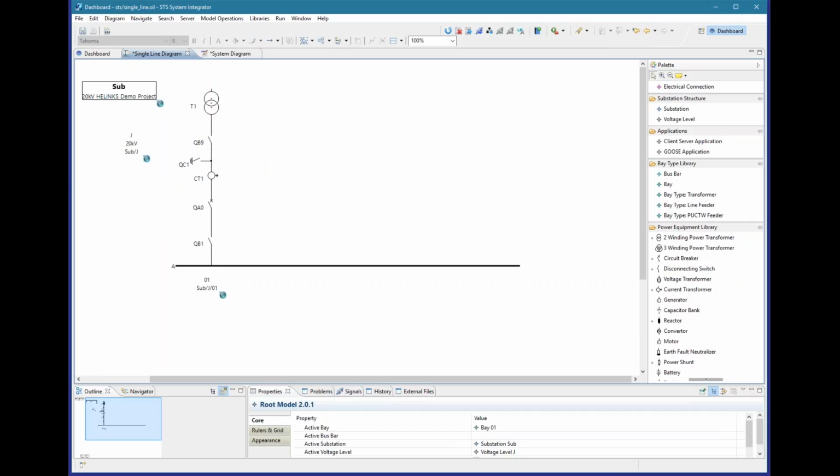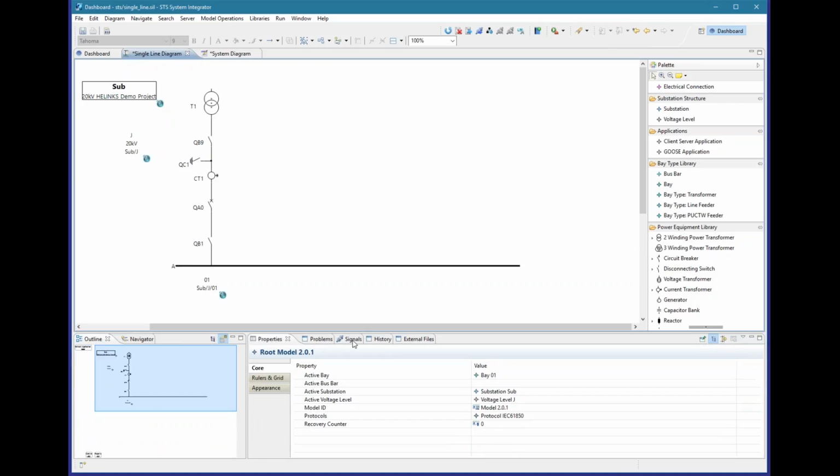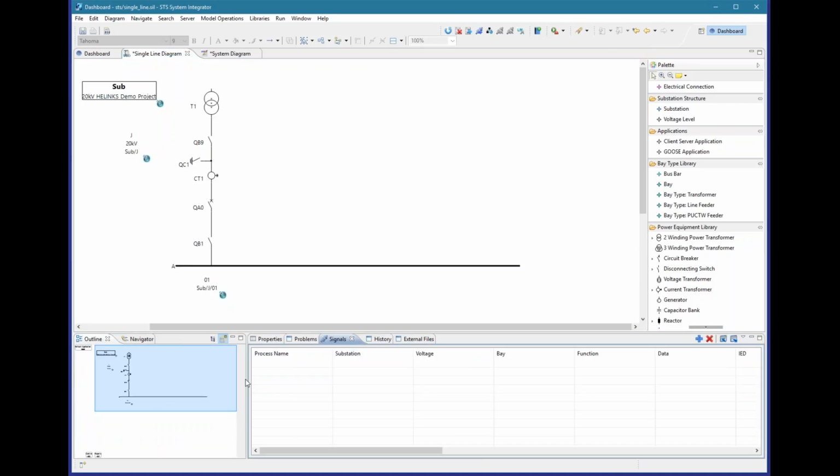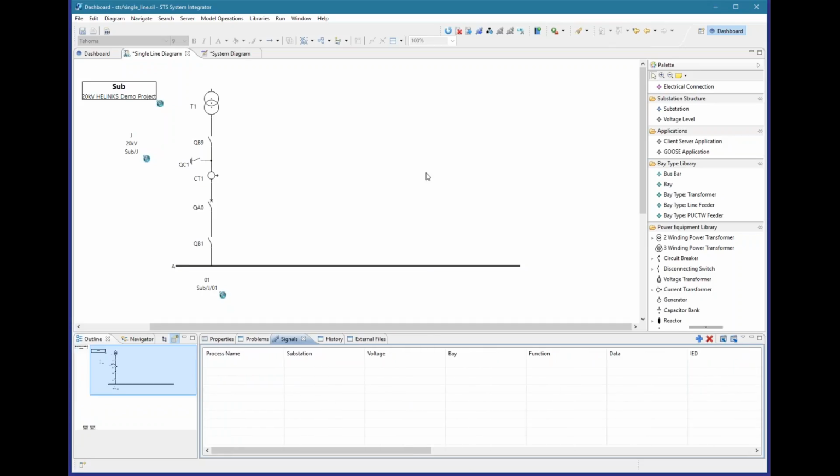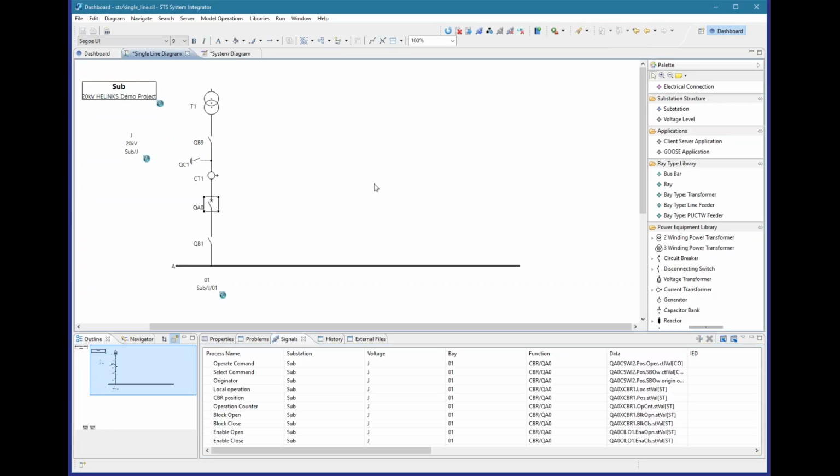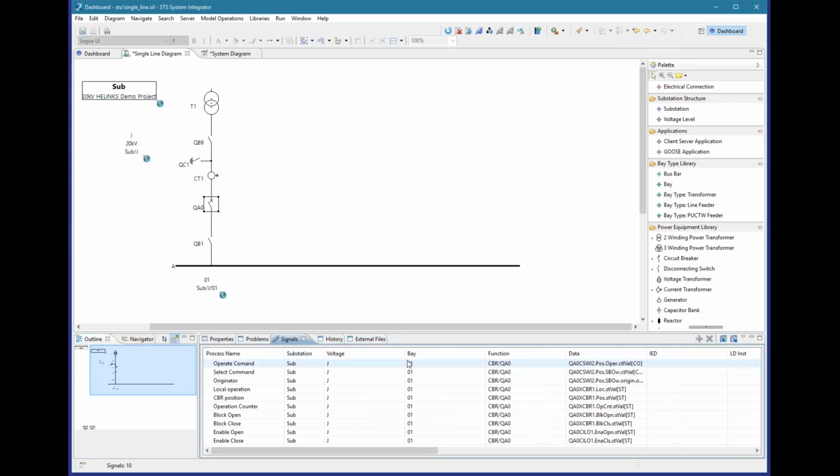Down here in the lower part of the screen we have a couple of tabs. There is one tab which is called the signal tab. This signal tab contains all the data that we need in the project. So data that we need is data that we want to communicate, communicate to the network control center or the local HMI, or that we need for communication between the relays for GOOSE messages. When I select, for instance, the QA0, the circuit breaker, then the system shows in this signal tab